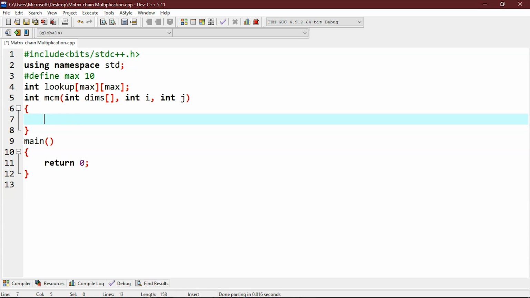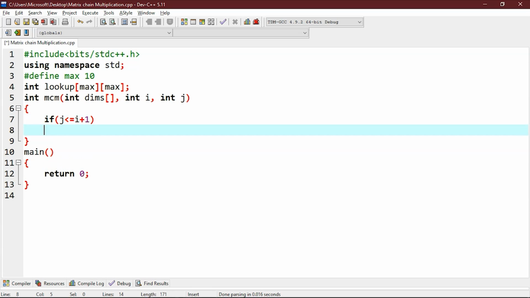Now we will write our base case, that is one matrix. So if j is less than or equal to i plus 1, then we will return 0.